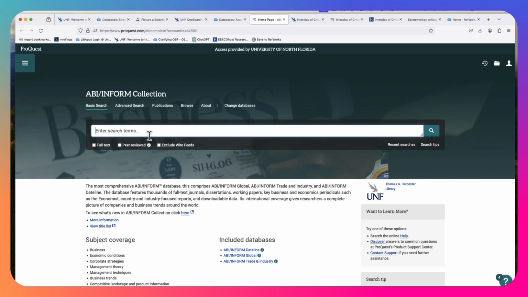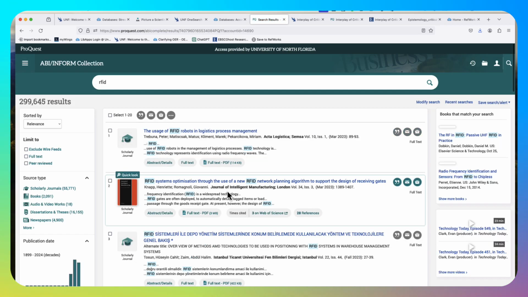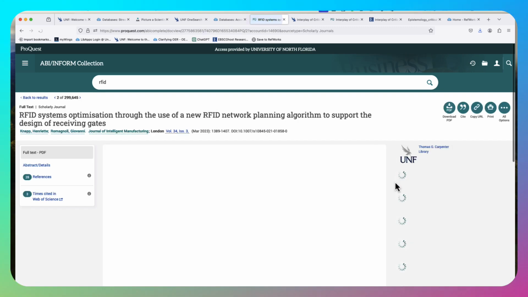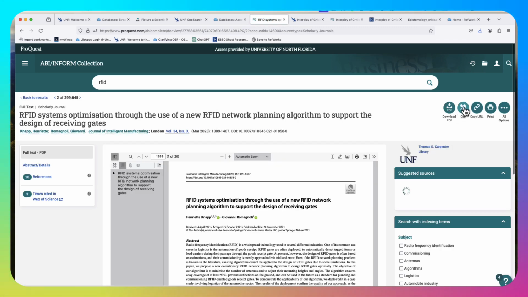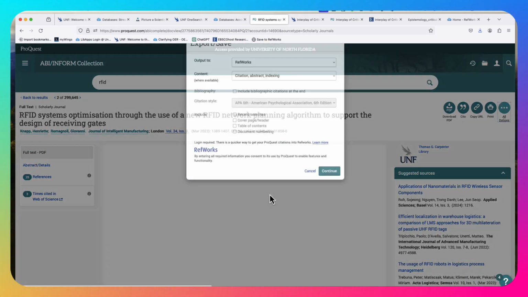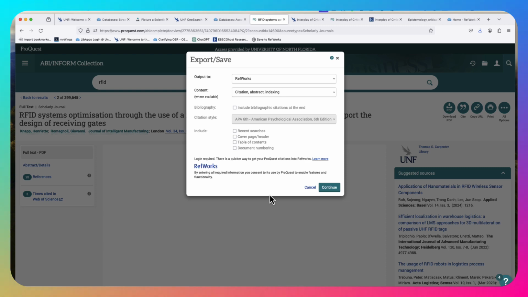If we use a word like RFID and I do a search, you can see that you can sometimes get a database that quickly, all options, RefWorks, and you're inside the RefWorks database again.